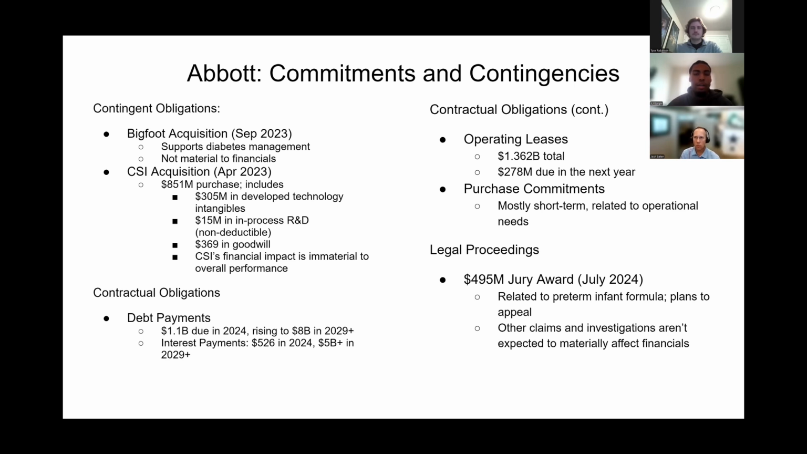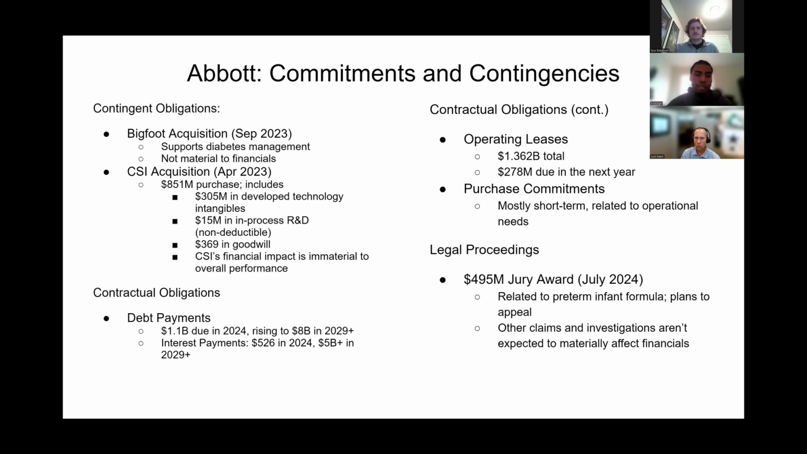For Abbott, their commitments and contingencies also showcase some trends. As Tice mentioned, they recently acquired Bigfoot and CSI in the past year, which supports strategic growth, though they're not expected to significantly impact the company's financials. However, Abbott's debt obligations are a more pressing concern, specifically the $1.1 billion due this year, which is due to increase by about $7 billion to 2029, along with